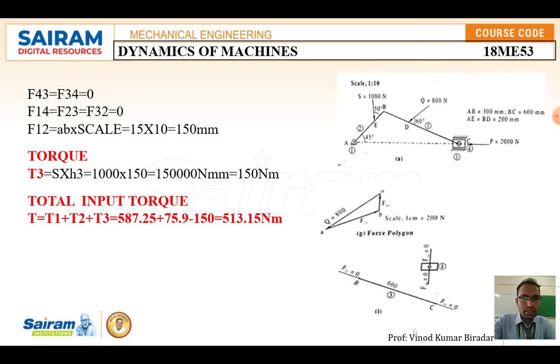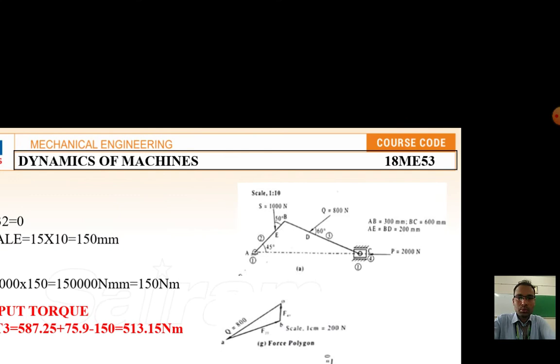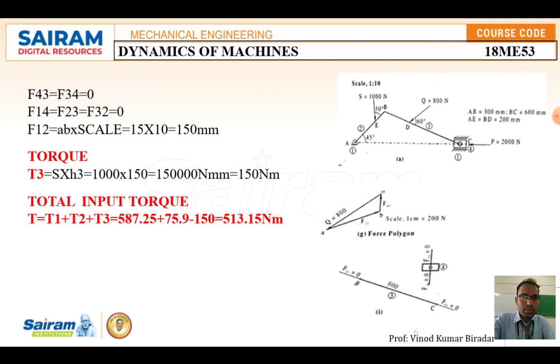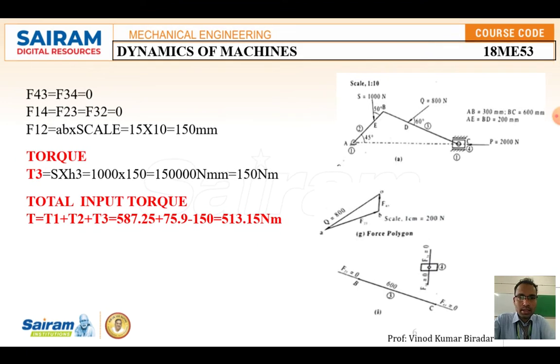One more force is acting because this is a 3 force diagram. Take the same 3 force diagram, B, D, C. With the help of these values, again you have to calculate the forces. Once we calculate this, we are going to get the total final torque. Here again you have to draw the free body diagram of this.